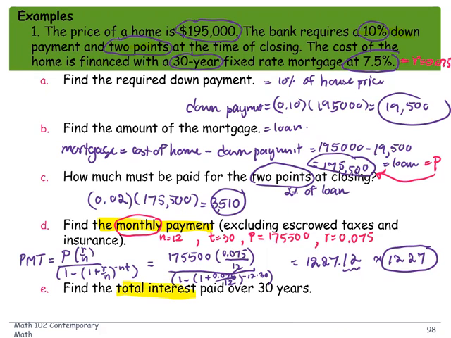The key term, the total interest, is paid over 30 years. The interest would be the difference of the total payment minus the loan. So I'm going to write it as the template. So total interest is going to be the total payments subtracted by the loan. Okay, we know the loan, which is